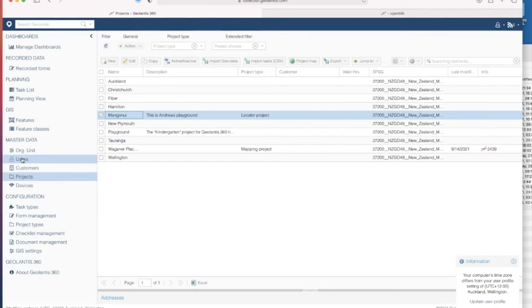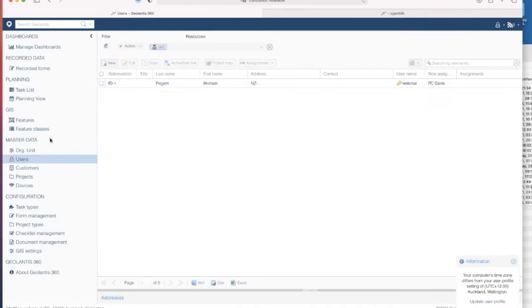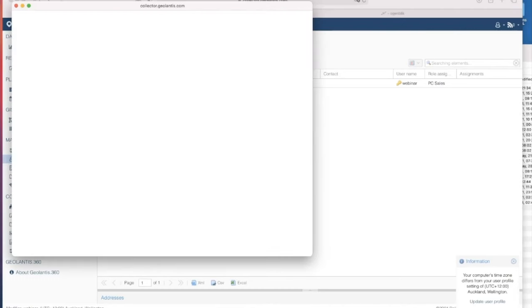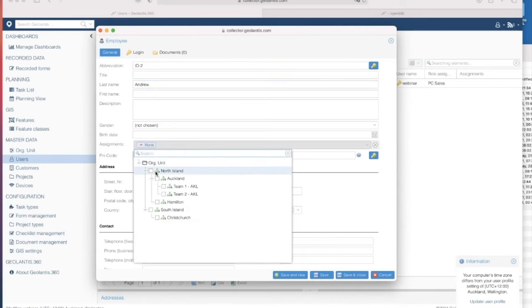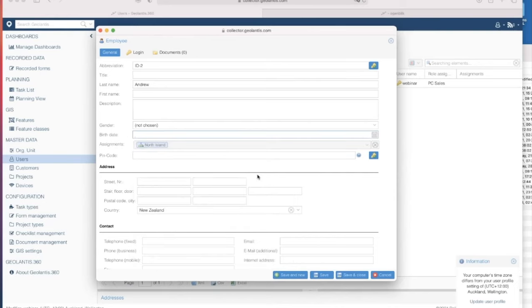If I go to the users, so I go to the field crew, I go here. So I will add Andrew. I don't care about your last name. So yeah, you see a lot of fields, so you can even get reminders on birthdays. But the interesting thing is I can assign Andrew to the team on the North Island. He's the manager of the North Island. So I know I made a mistake. You are the manager of the whole country, but